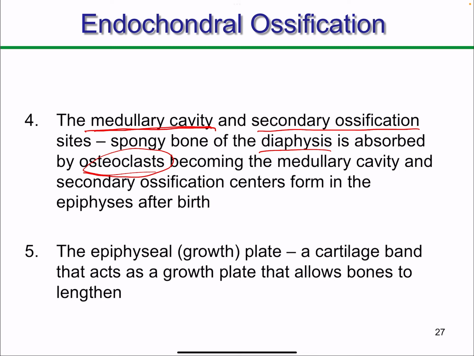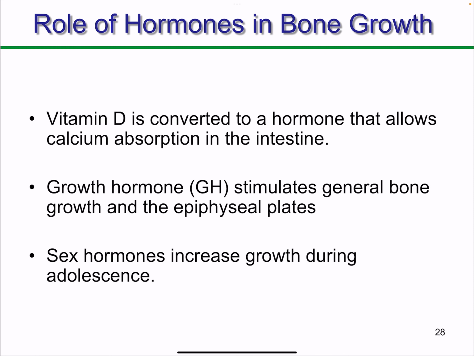And eventually, in the medullary cavity, you have some cells that are going to form fat tissue in there. And then we're going to have the epiphyseal plate where growth is going to be actively happening. Now, we talked about the growth of the bone. What controls the growth of the bones? This is when we are going to talk about hormones